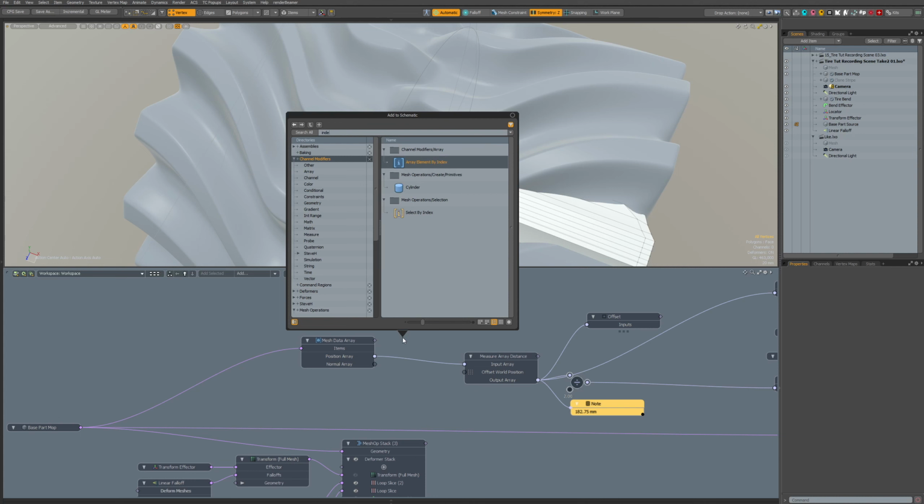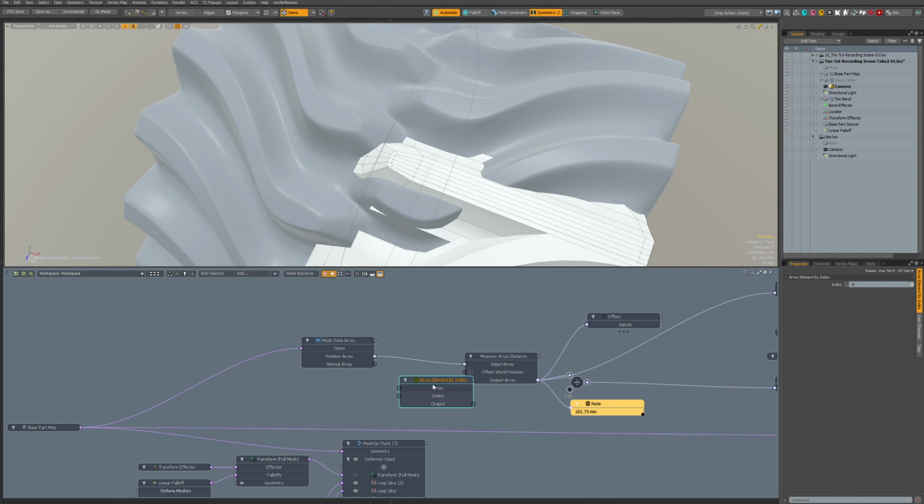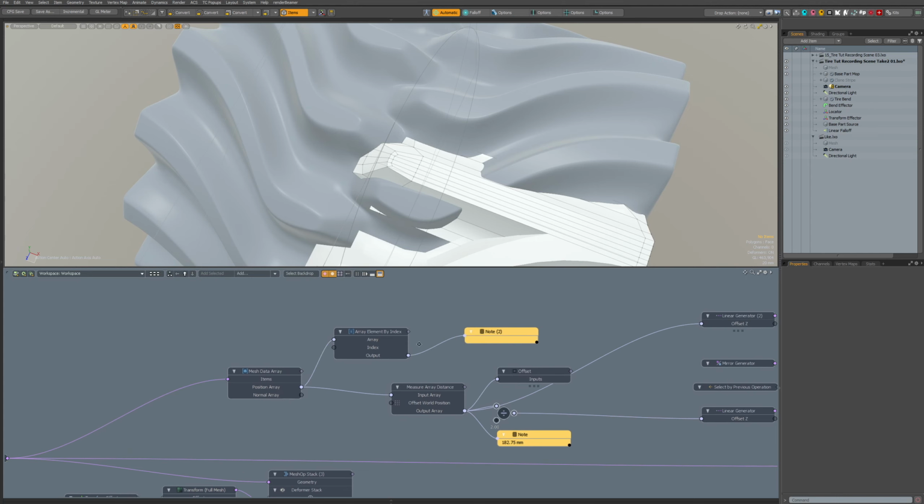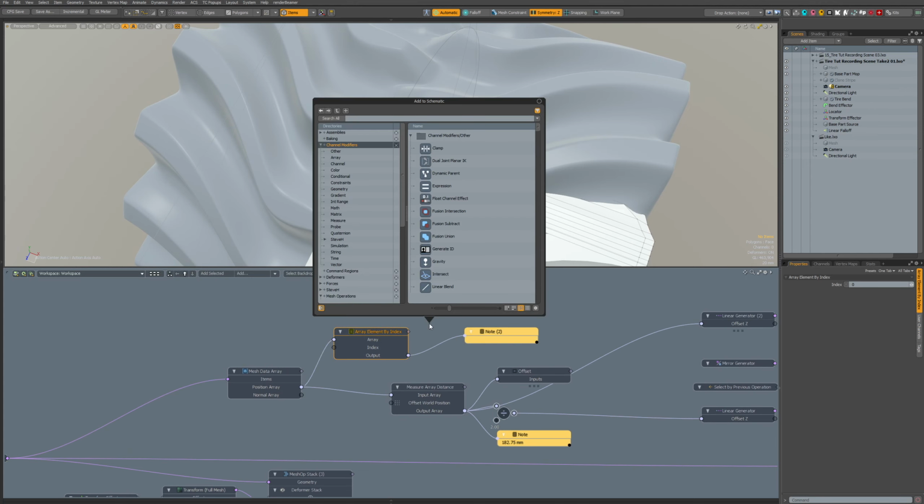Do we have one? Array element by index, so we can take this array and we get output. Does it? No, we cannot see anything. It can be 0, so we use array print.